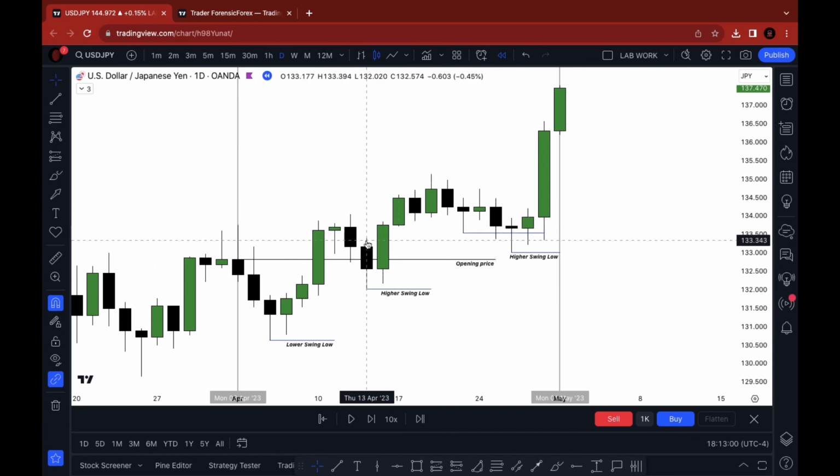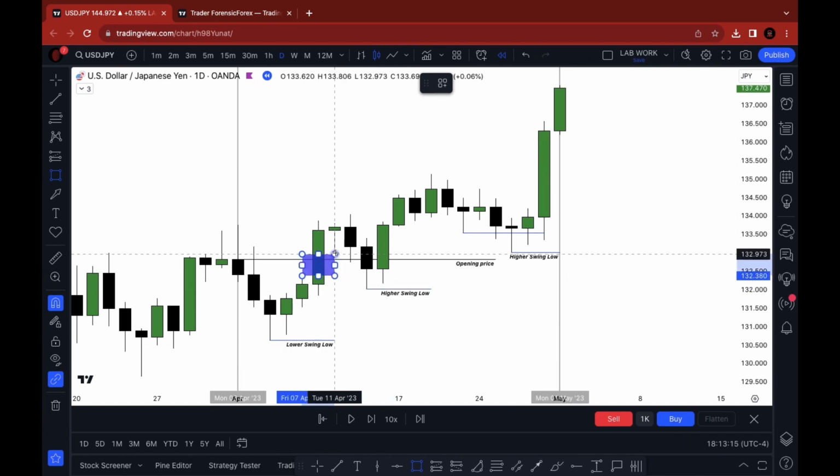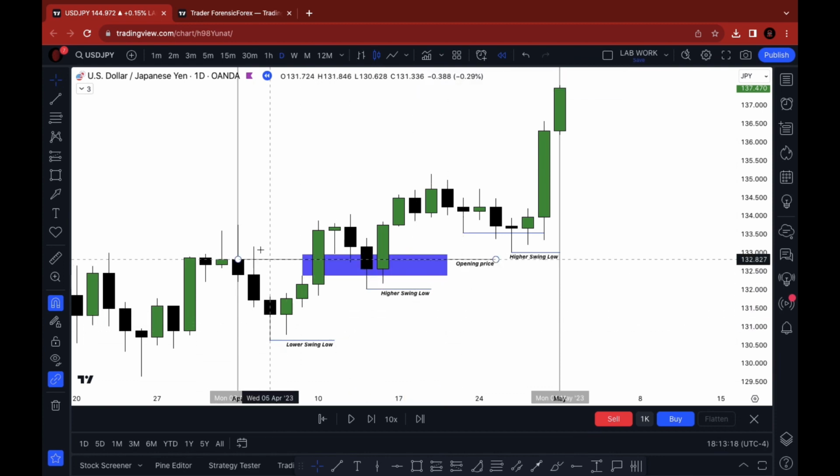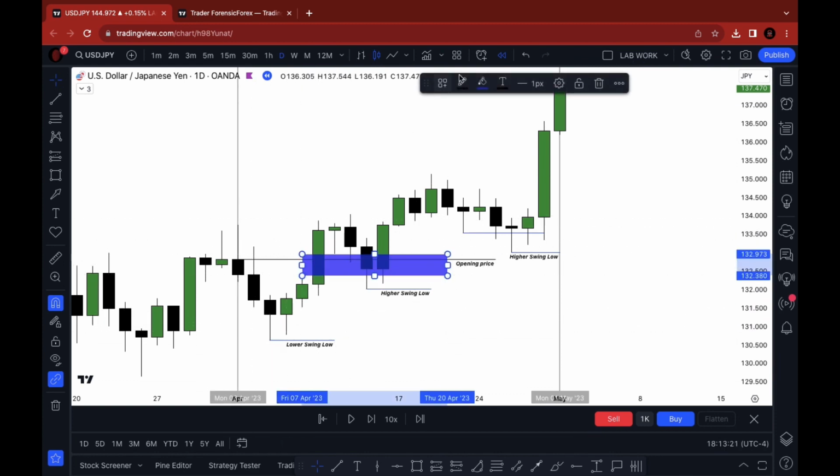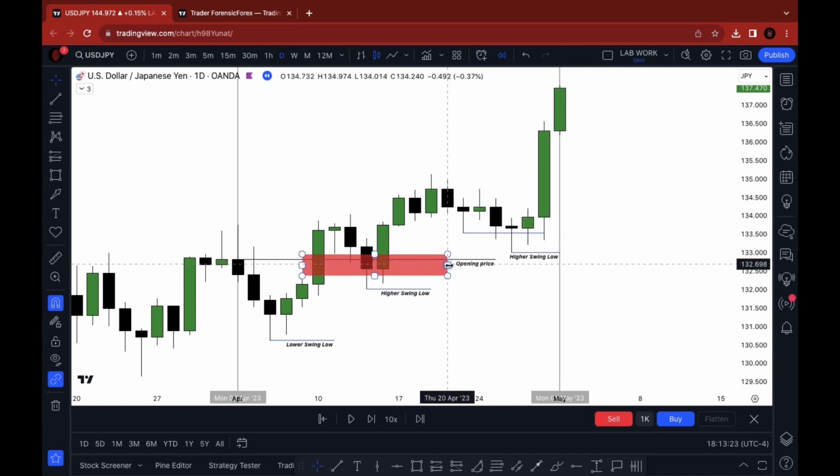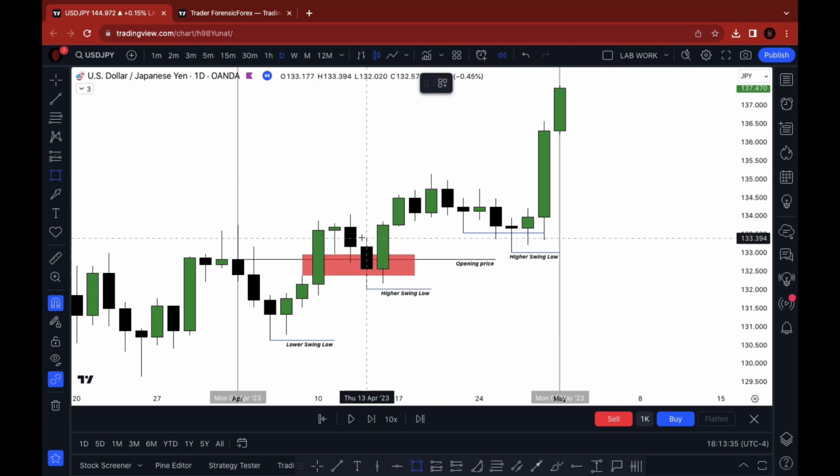fair value gap here. And speaking about a shift, we can see that there isn't any shift here on this time frame via daily that really stands out because there's no swing highs. Correction, there's no fair value gaps running a swing high. So even though this is a fair value gap, I don't see the fair value gap running a swing high formation or breaking through a swing high formation. But you can see how price does come down into it, respects it, and moves higher. Once again, it does it here,